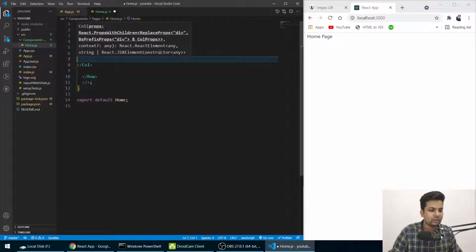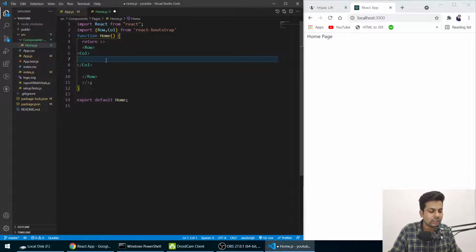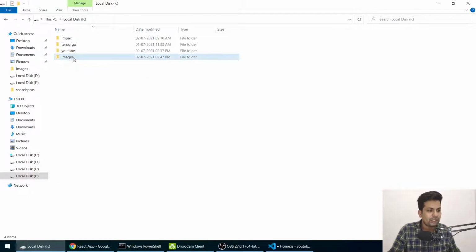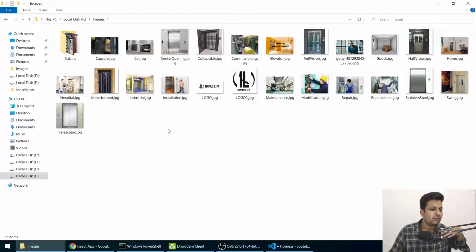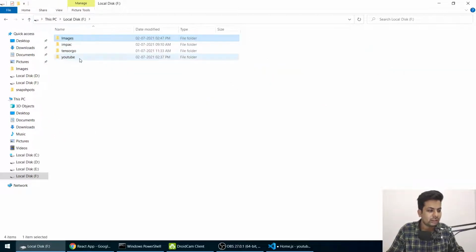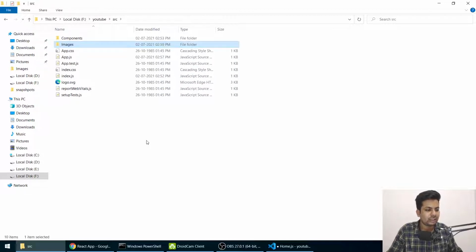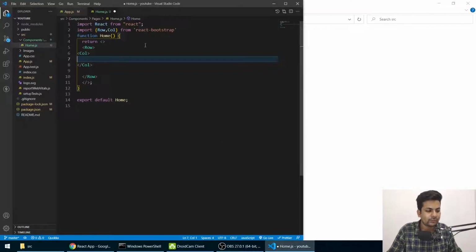Okay now, because there was a big image. If you see, the big navbar is a different thing. I'll use it after two or three pages. So I need this image. Basically I have the folder where all the images are. You can just grab it from my GitHub. So let me copy this images folder, and I'll go to my src and paste it, so I can easily import it from there.